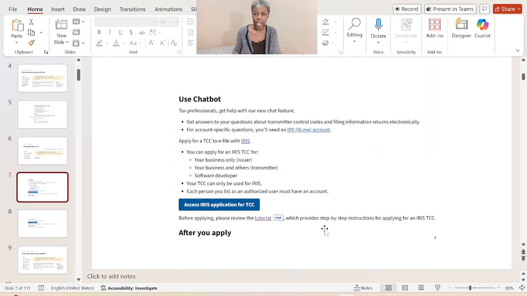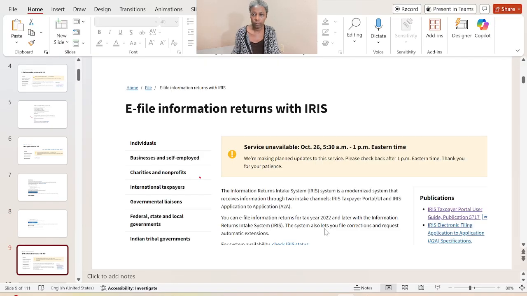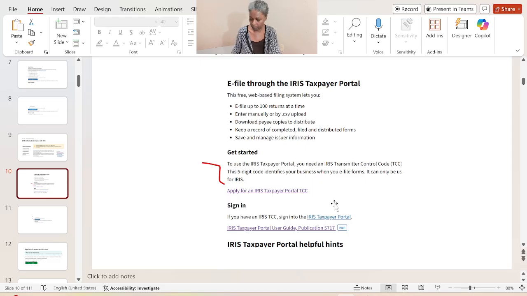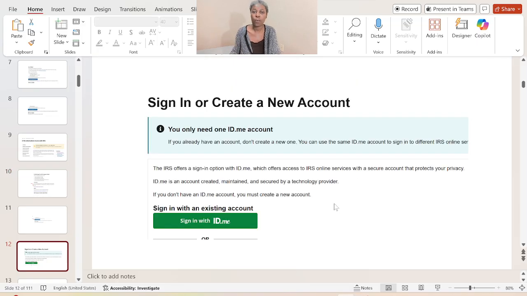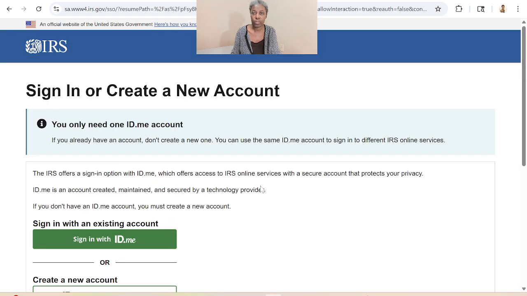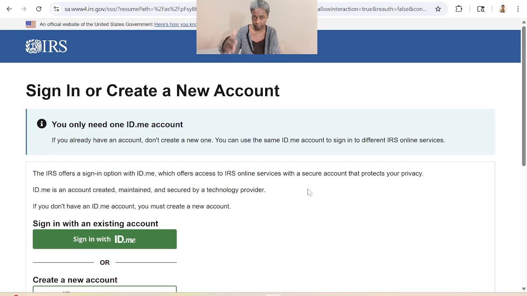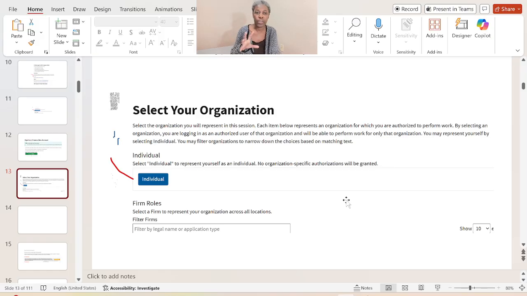So, access the IRS application for TCC. And I'm just going to go through those with you. It took me a few trials to start the process. And you see, once I click on that, it will take me to the ID.me sign-in page, where you will sign in. And when you sign in, it will take you to your